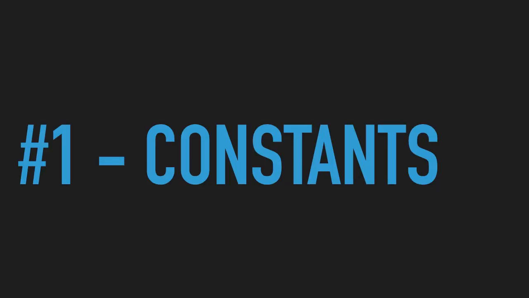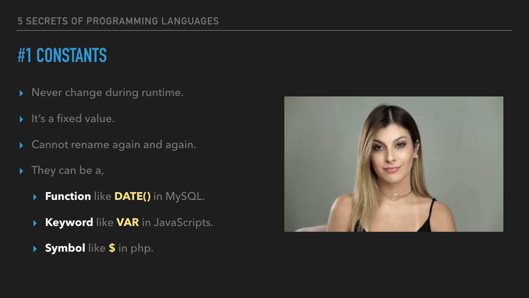Number 1, constants. Let me explain what this is. A constant is something that won't be changed. Constants never change during the runtime. Look at the girl's picture here. It's fixed. It's not moving, it's not changing,